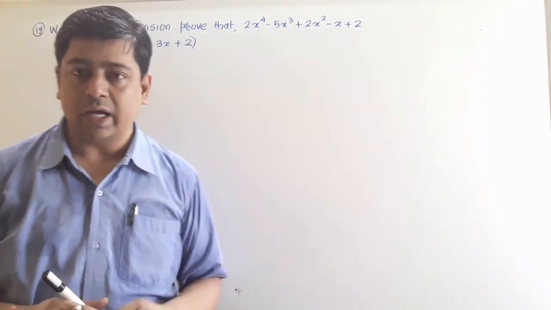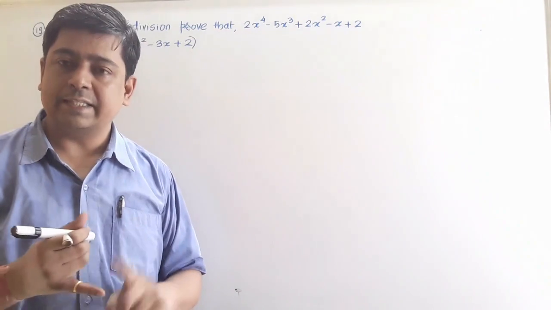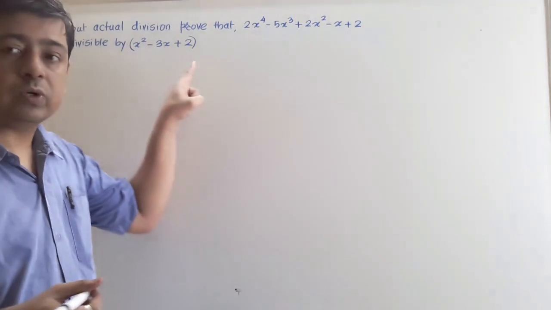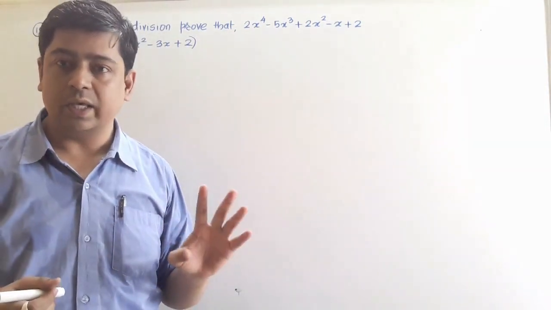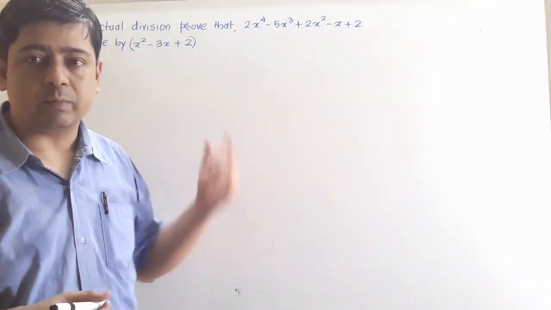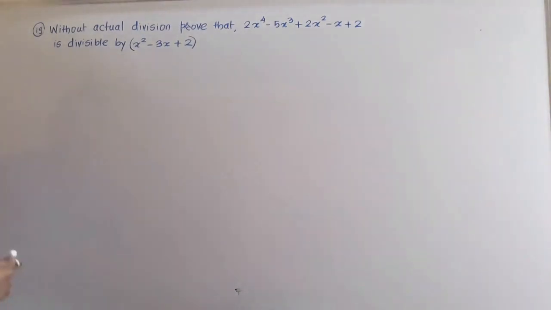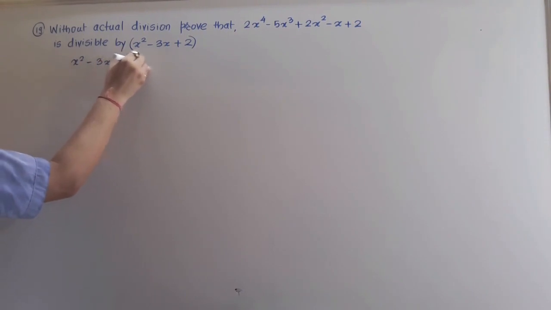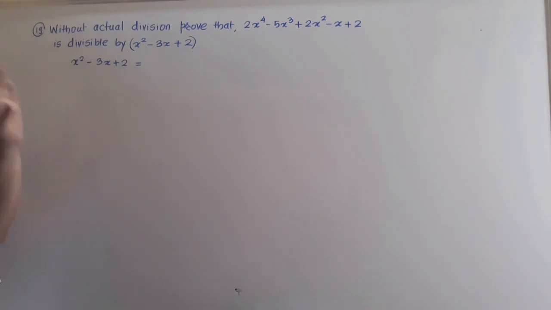Again, observe, as we have seen in the previous question, x square minus 1 contains two linear factors. In the same way, this polynomial also contains two linear factors. Different or same, that depends upon the factorization. So let us find those two linear factors. I am factorizing x square minus 3x plus 2. The factorization of quadratic and cubic polynomials I will take in detail in the next section; here, in short, I am going to explain how to factorize.